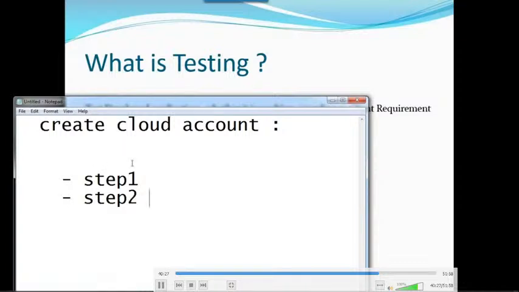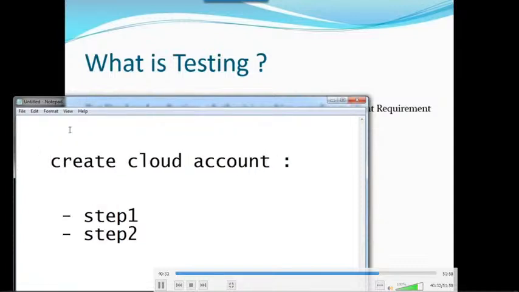Here I'm not writing any code. I'm just following the requirements. As a testing team, we don't write any code. In the cloud, I'm testing whether I'm able to create a cloud account or not, by following the document. We always follow the requirement specification documents.